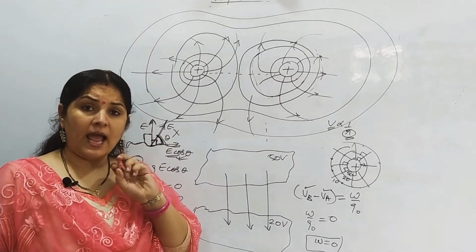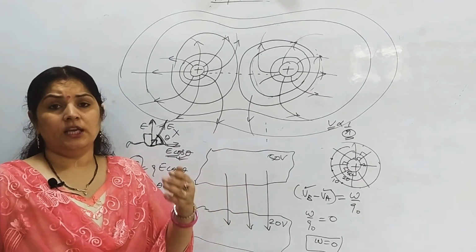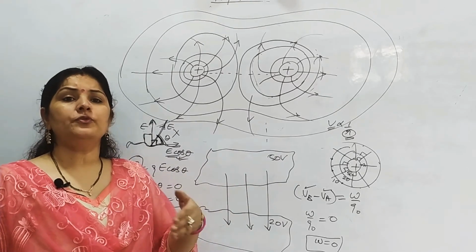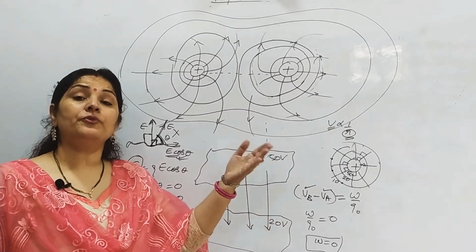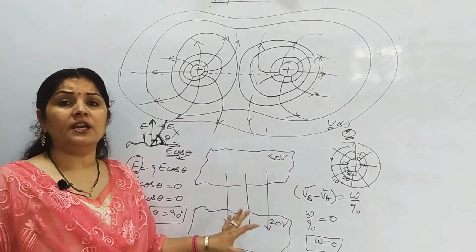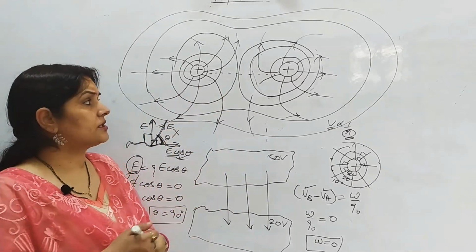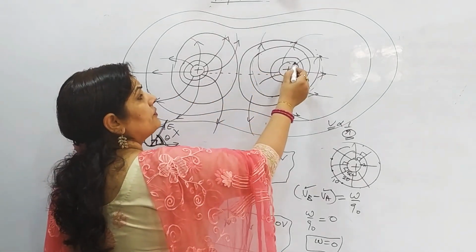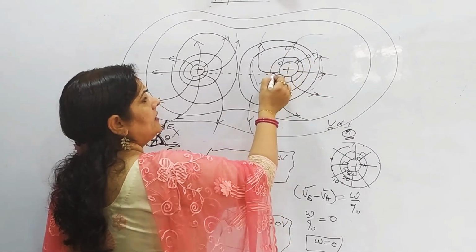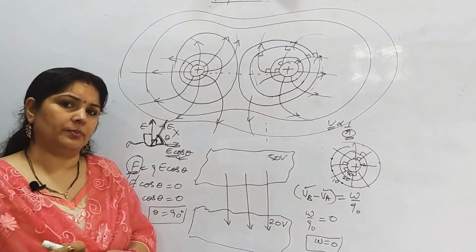It is as similar to wavefront and the rays. If you remember the ray diagram, you can easily find out the wavefront, and if you remember the wavefronts, you can easily draw the ray. तो किसी भी equipotential को देख के we can draw its electric field lines. अगर electric field lines याद है तो we can draw the equipotential surface. And equipotential surface should always be at 90. हर एक point पे 90. हर एक point पे कितना angle बनेगा? 90 ही बनेगा. That you have to remember, right.